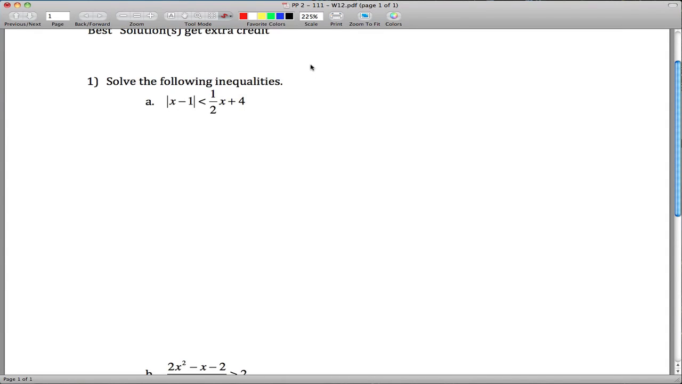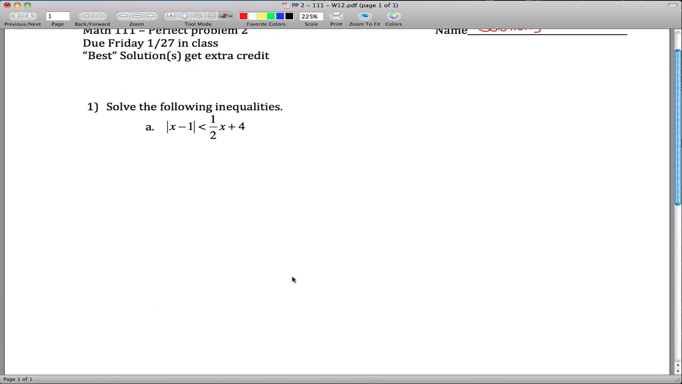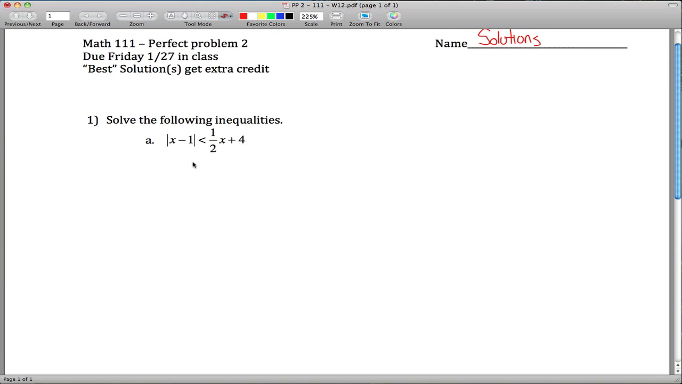Okay, perfect, problem 2, Math 111. We're given a couple inequalities that we got to solve here, both tricky for different reasons. First one, because we got this absolute value sign going on. So the way you tackle this is you look at what you got inside these absolute value signs and you